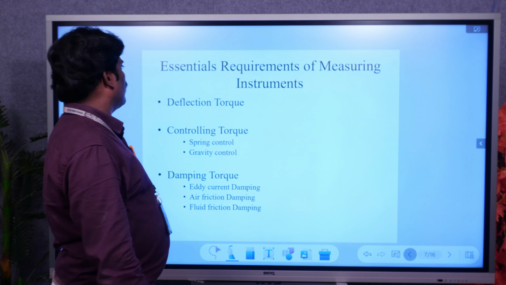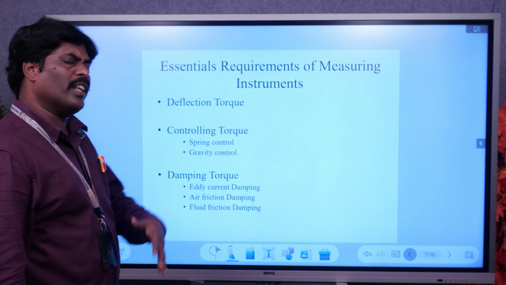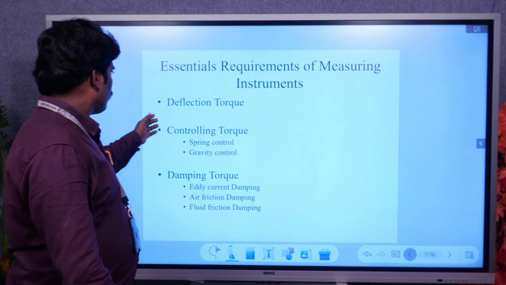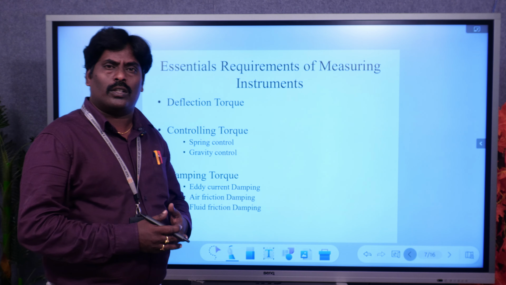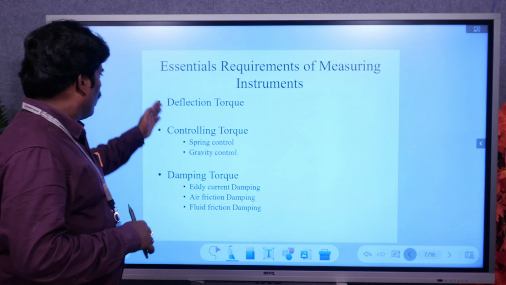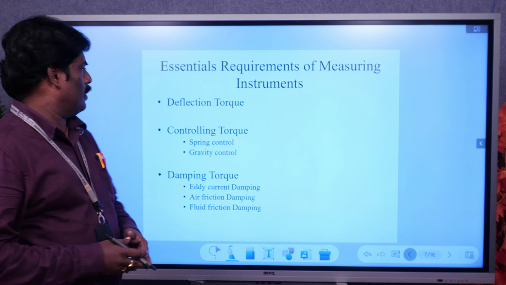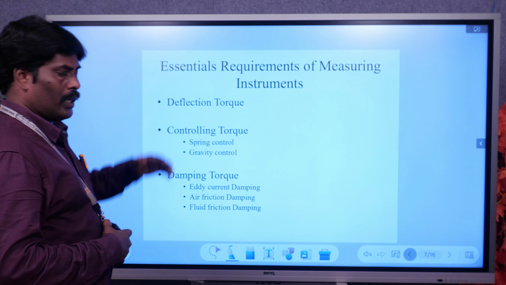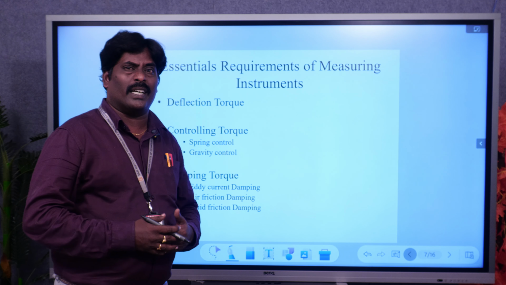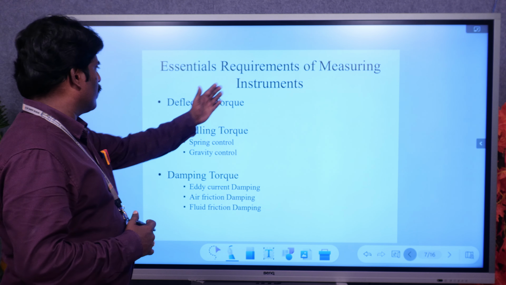The essential requirements of a measuring instrument are deflection torque, controlling torque and damping torque. Torque is nothing but the twisting moment of a force. These torques are required to operate measuring instruments, because without these torques the instrument does not give the reading. So first of all, deflection torque. Deflection torque means the torque required to move the pointer from zero position to final position on a calibrated scale,